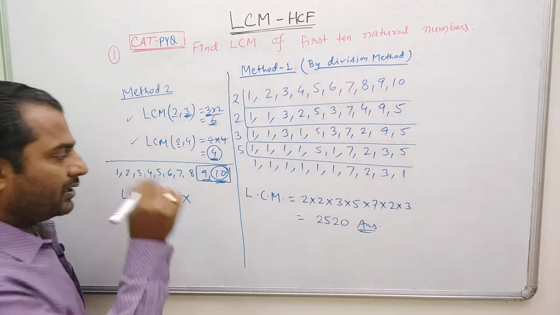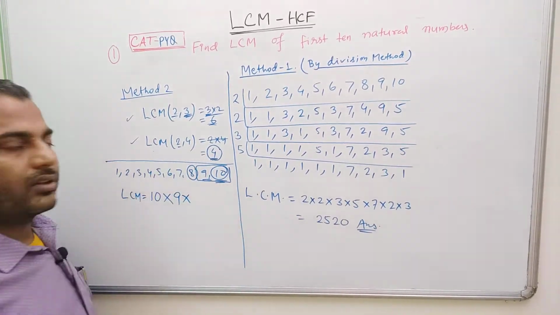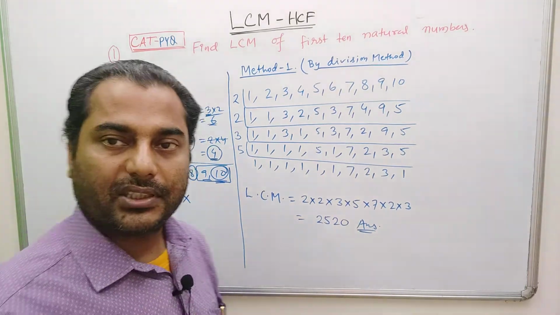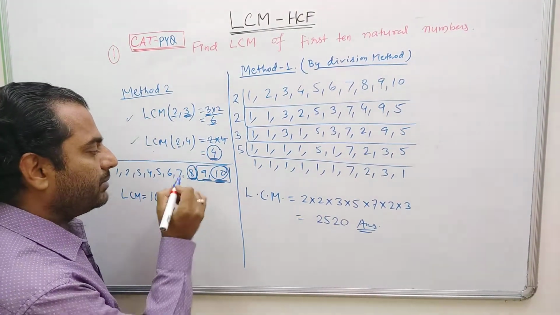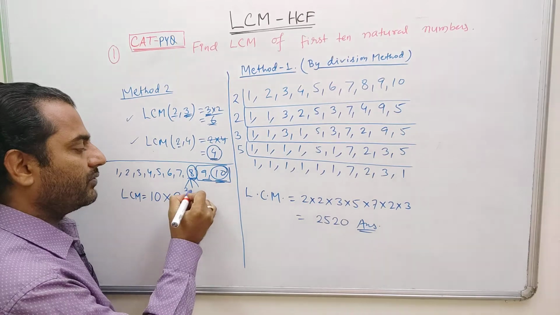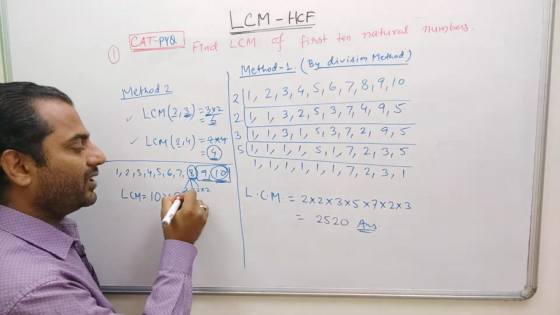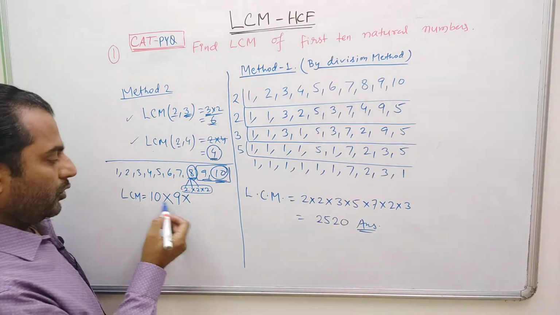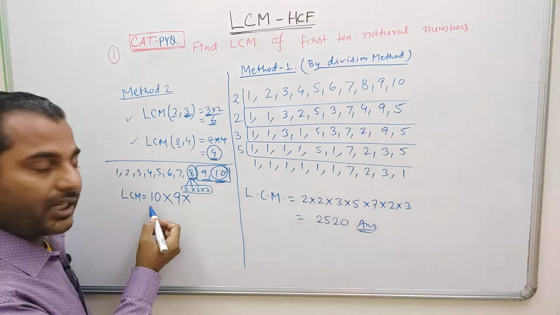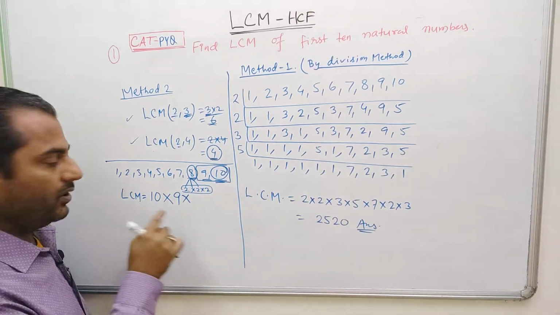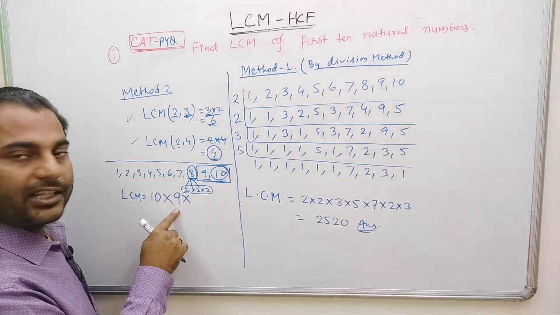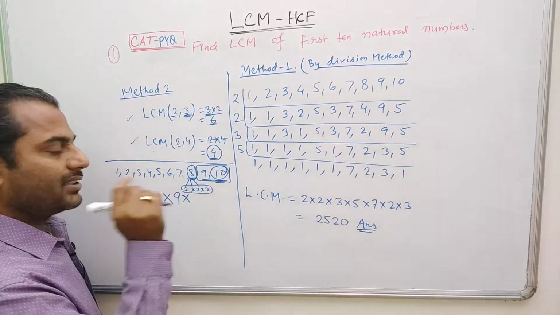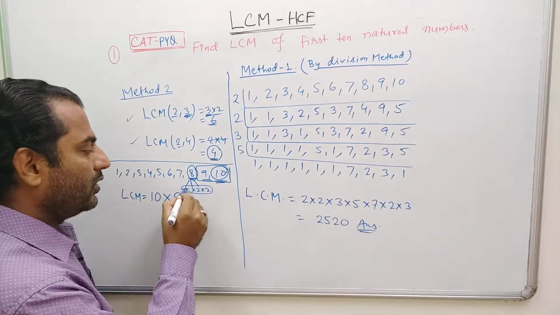Now, the next largest number is 8. We have already discussed prime numbers and prime factorization. So 8 is made up of what? 8 is made up of 2 into 2 into 2, three times 2. Look at this. You have taken 10. 10 already has one 2 in it, 2 into 5. So one 2 is already there. 9 does not have a 2. 8 has three 2s. So one is already taken care of.